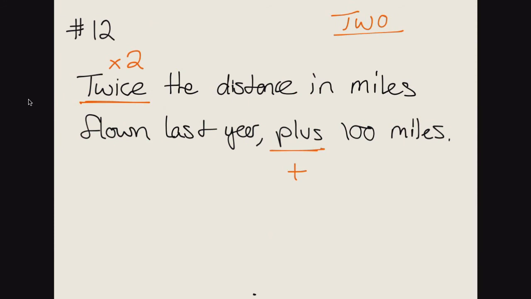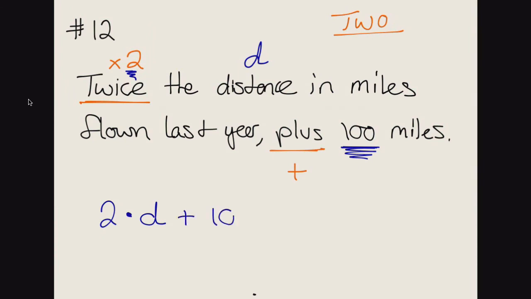Okay? Now, we've already got 2 in there as part of our number. Are there any other numbers involved here? Okay? Yeah, 100. Very good, Macy. So 100 right here. And then, of course, the 2 up here. And then the last thing we have to identify is a variable. Okay? What is the main subject? All you English folk out there, you're kind of identifying what are we talking about here? Distance in miles. So what variable could we use? D, absolutely. We'd use D here. That would be a great variable to use, D. So we have twice the distance. So we have 2 times D